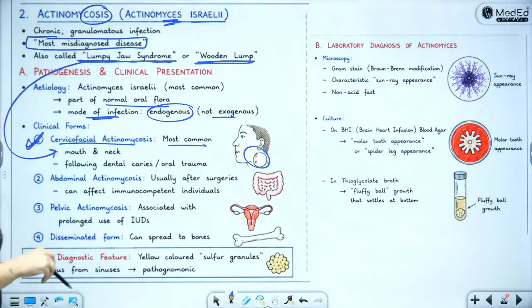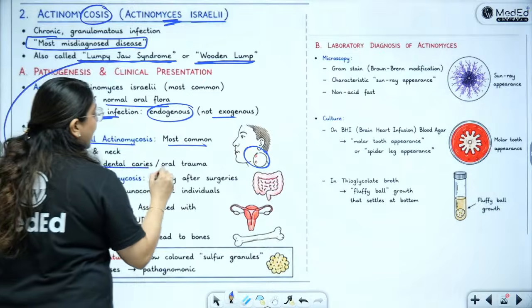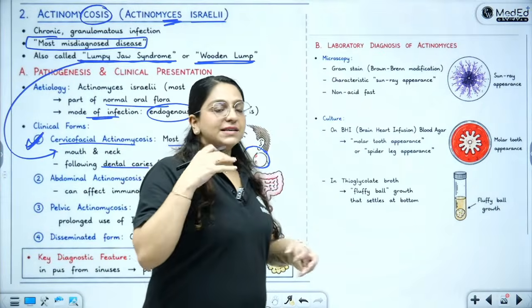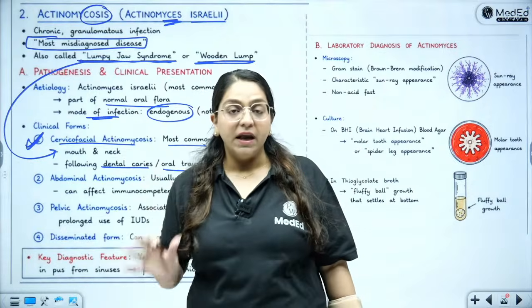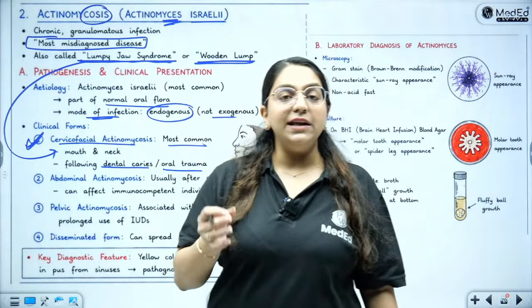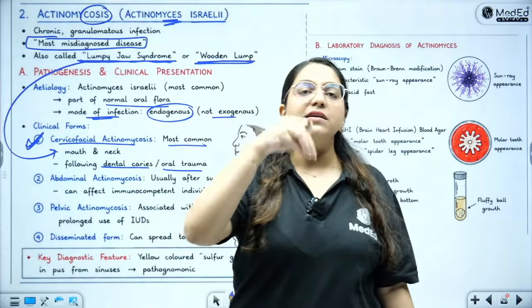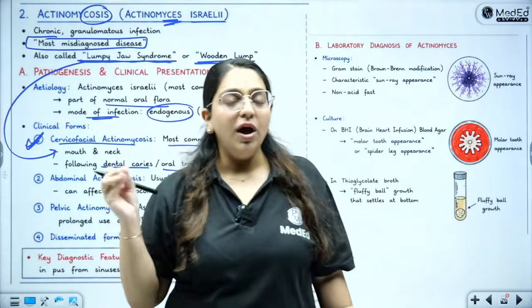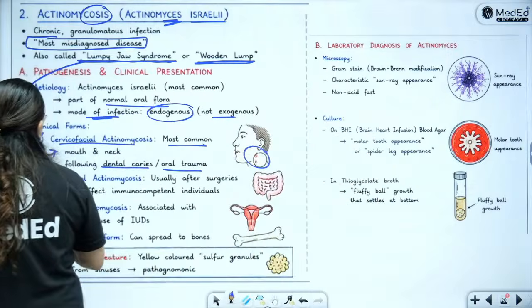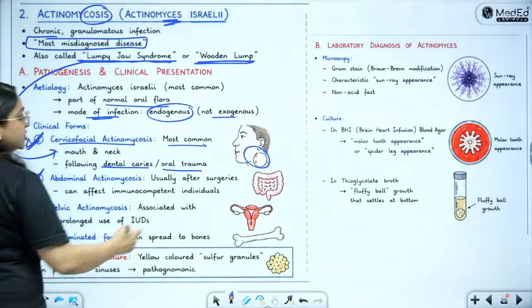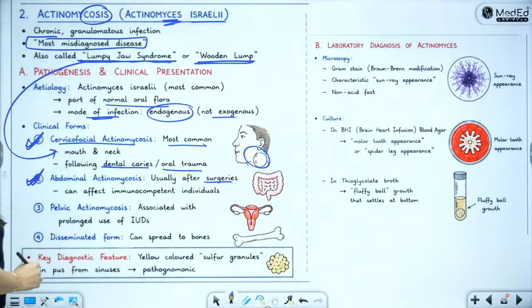Okay. It involves the mouth and neck following dental caries or oral trauma. So it was present in the mouth. Then you went and got some dental procedure done. In that dental procedure, this actinomyces from your own mouth enters your bone, enters your jaw, leading to the lumpy jaw syndrome. Okay? Similarly, it can happen in the abdomen, wherein after surgery, it can go and affect the abdominal